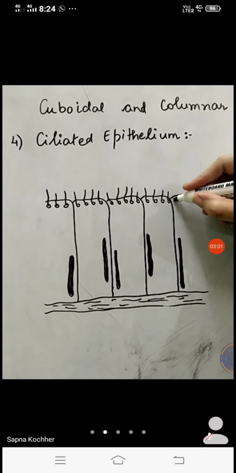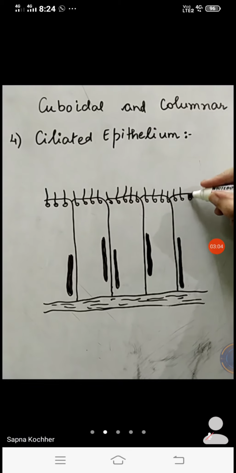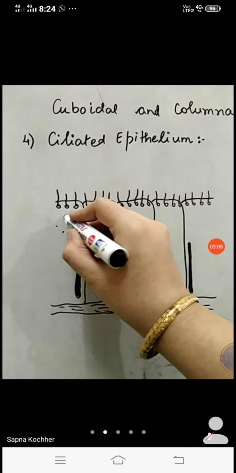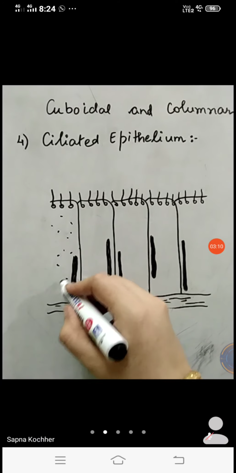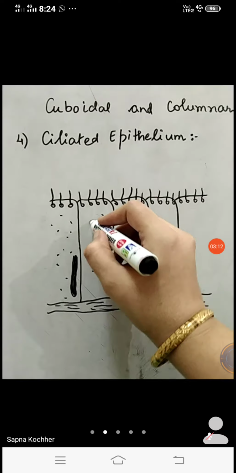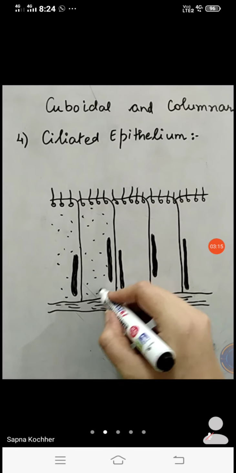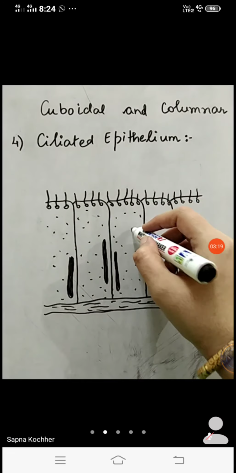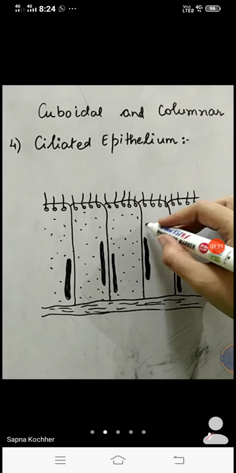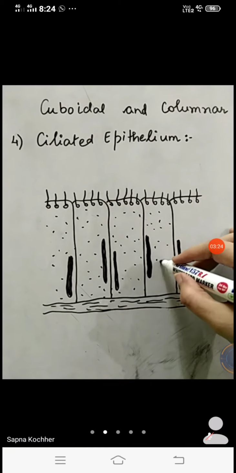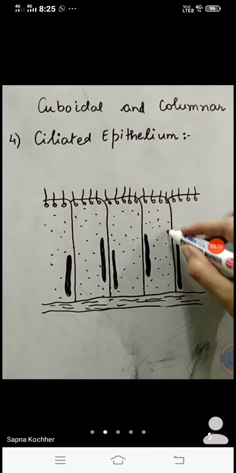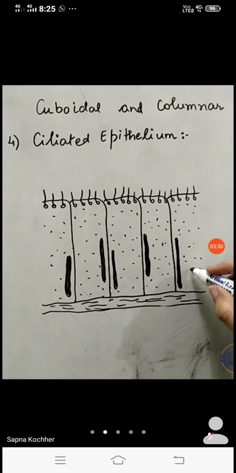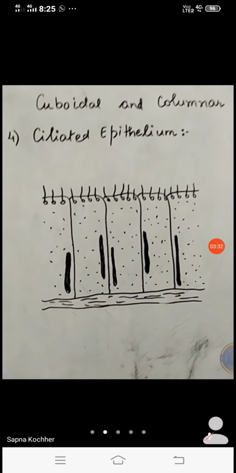So this way you are to make the cilia organizing from the basal granules, and also having the cytoplasm down here in the cells. You will be making the cytoplasm and the labeling will be the same. Now these column shaped cells, you will be naming as columnar. That is not wrong, but because they are having the special feature of the cilia's arrangement, they will be called ciliated columnar. And if the cuboidal cells are having it, they will be called ciliated cuboidal.